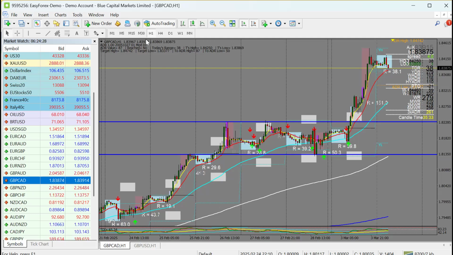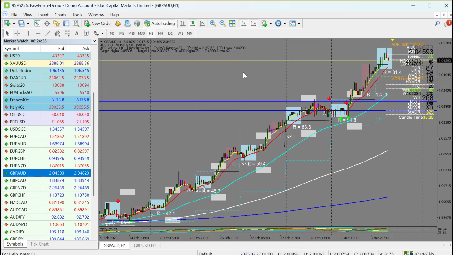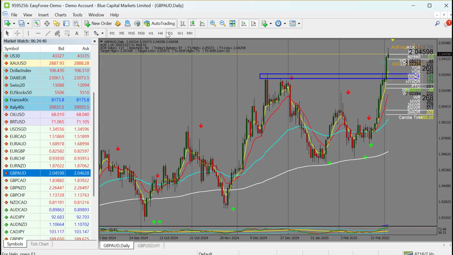So that's why you'll be seeing the GBP pair has been gaining. Another pair we can check is GBP AUD. On GBP AUD, we talked about the idea of the market giving us some patterns to buy. We're looking for this trade on the daily time frame. We talked about the idea that this market came and broke this resistance region.